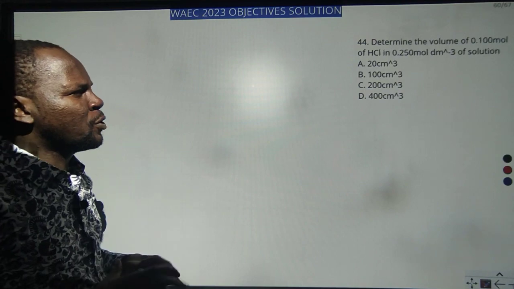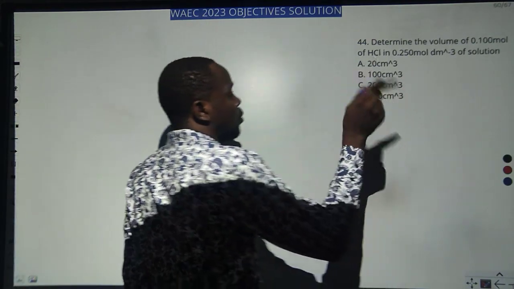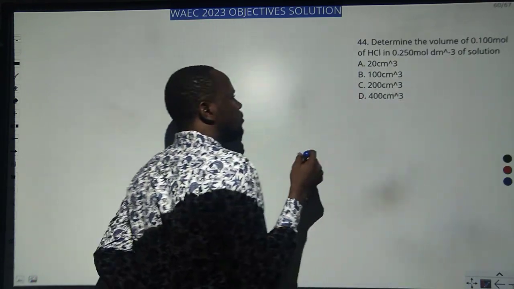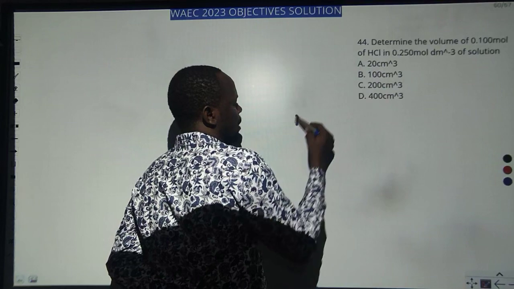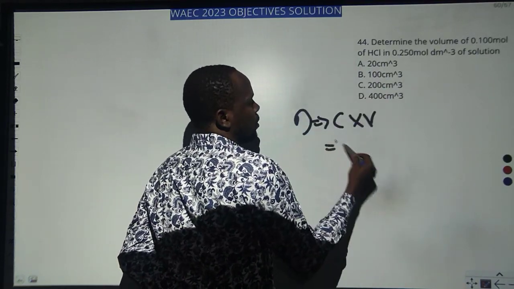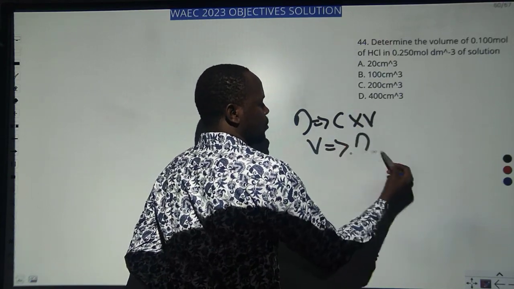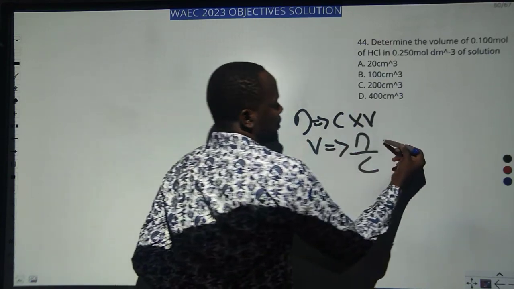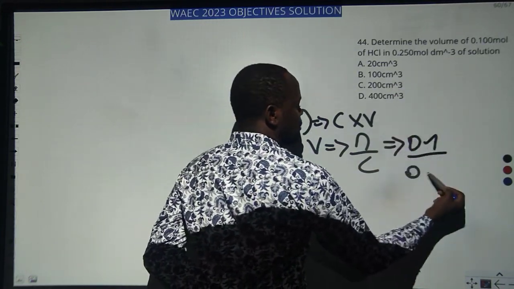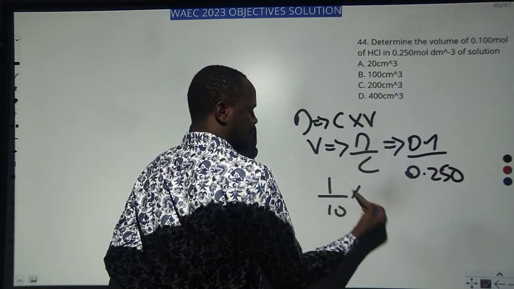Determine the volume of 0.1 mole of hydrochloric acid in a 0.25 dm³ solution. Number of moles is concentration times volume. I think we need volume. You can say volume from here is number of moles over concentration. Number of moles is 0.1. Concentration is 0.25. Just as 1 over 10 times